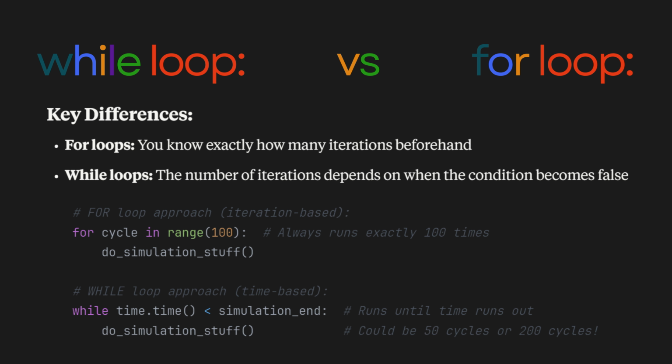The while loop differs from for loops in its continuation criteria. For loops run a specific number of times, iterating through the items that are there. While loops run until a condition changes. In this case, this time-based loop control creates professional simulation behavior where duration matters more than iteration count, matching real experimental procedures.